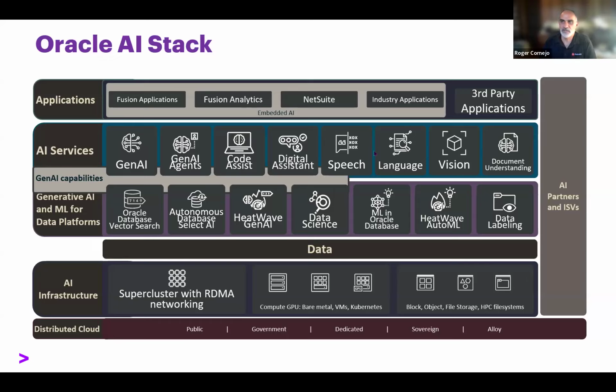And of course, we did talk a lot about vector search. So these capabilities that are highlighted in gray are the generative AI capabilities. So you have the GenAI and GenAI agents, Code Assist. There's a lot of work that's been done and spoken about at Oracle Cloud World in that area of Code Assist for developers. Some of these other capabilities like speech, language, vision, document understanding, machine learning in the database, that's been